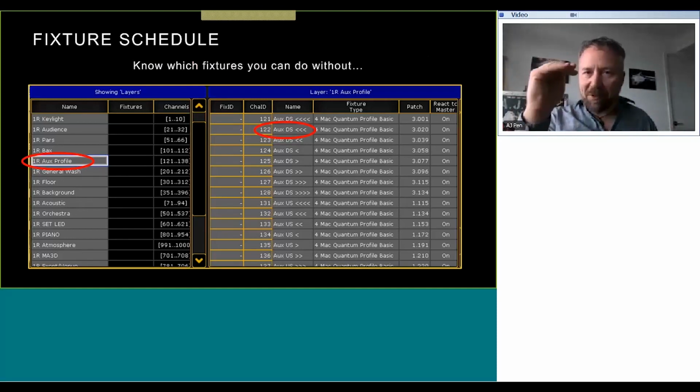Instead of having names of people that they're pointing at, they're sort of the location as far as how far off stage they are, auxiliary downstage with a bunch of arrows. I could thin these ranks out. I could eliminate half of the lights in this layer, and they would still behave as a group. They'd still swing out in the audience and chase and do all sorts of cool stuff. They're designed to work as a group.